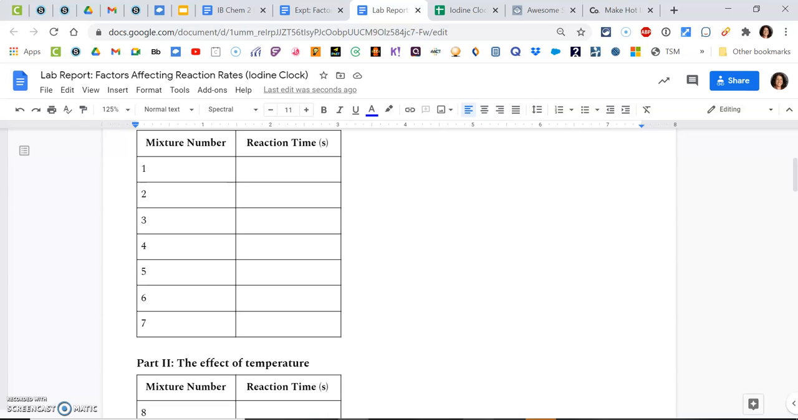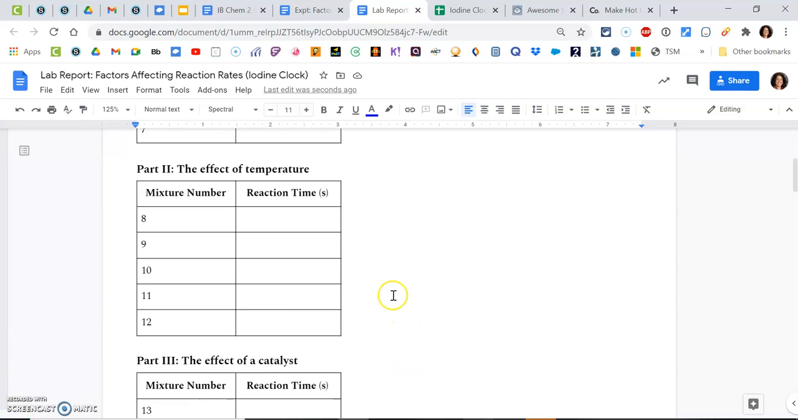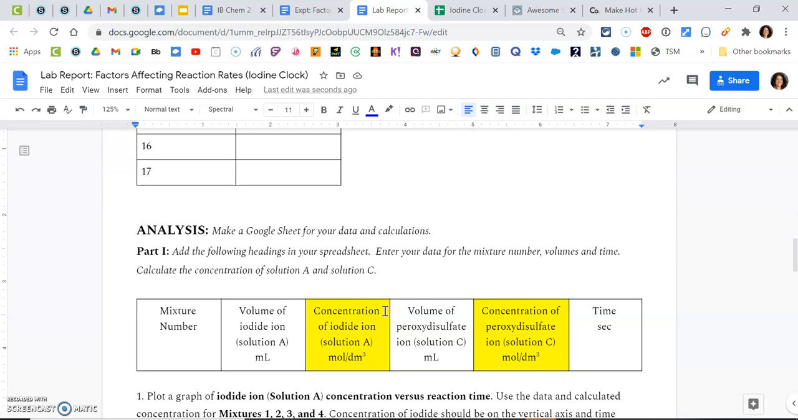This video is how to do the analysis and graph for your factors affecting reaction rates lab. So you should have already watched the videos on the lab experiment itself and collected your data with the reaction times. So if I scroll down to my analysis, the first thing you have to do is make a Google